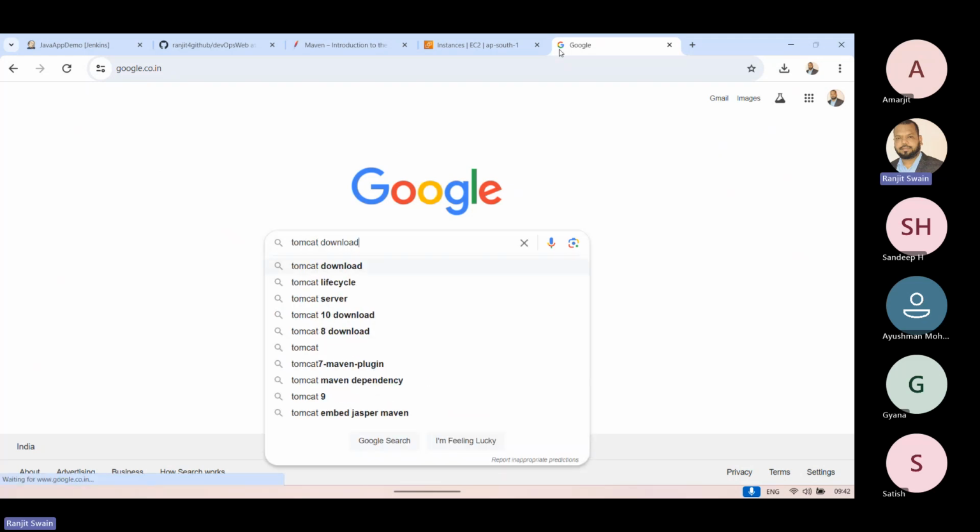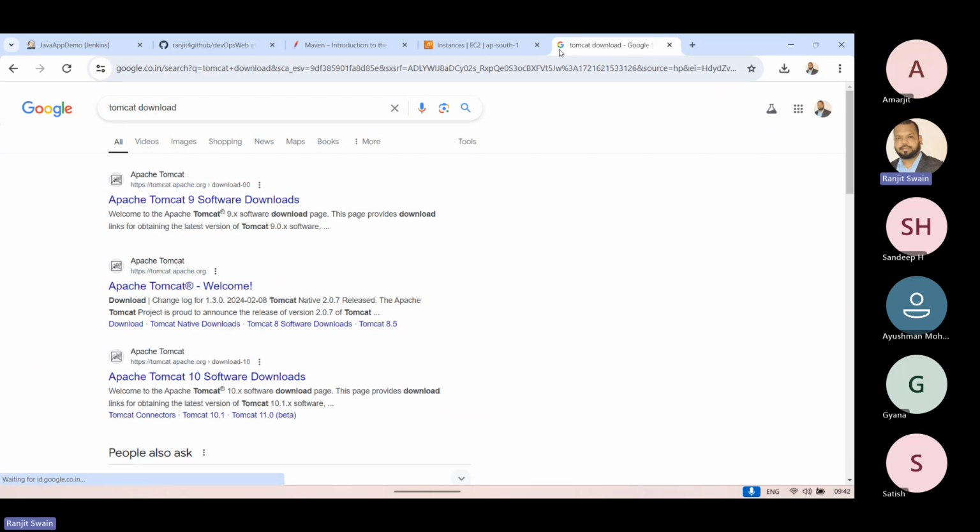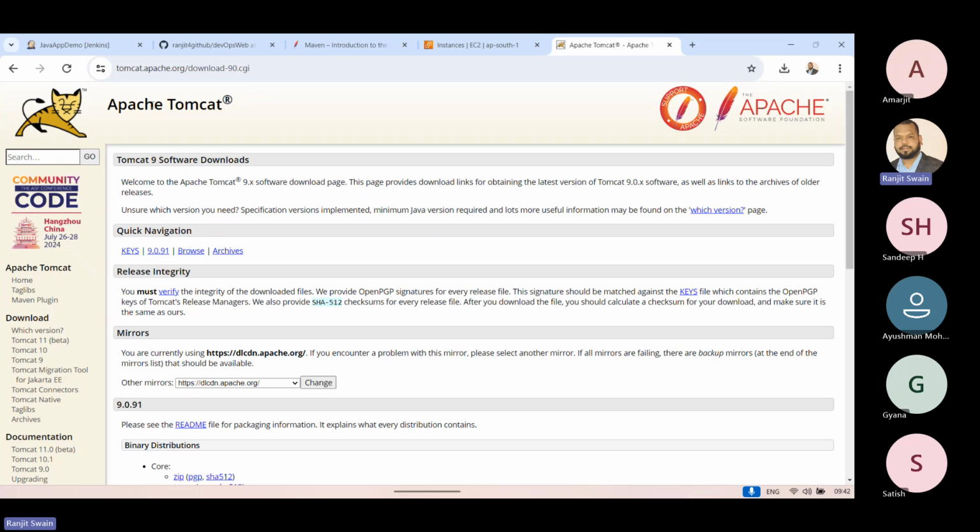Tomcat server, Tomcat download. That's fine. And remember, Tomcat is also an Apache product, Apache software product. So like Maven, Tomcat is also an Apache product. Let's go and download this Tomcat server. And here you can see Apache Tomcat, Apache Software Foundation. So here, what do you have to do? We have to download the